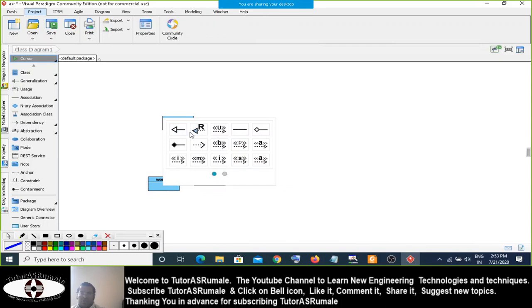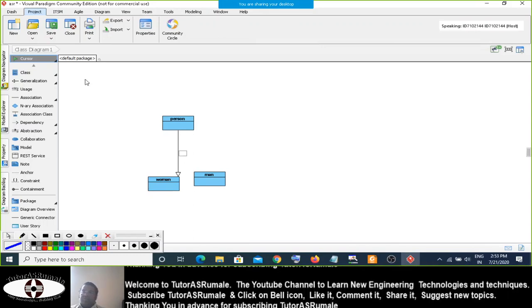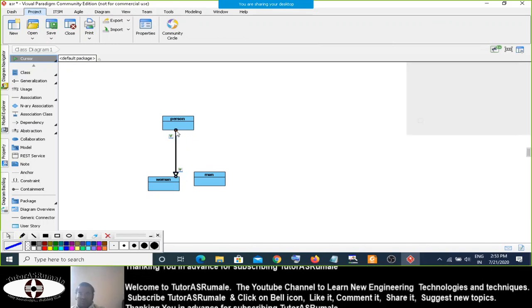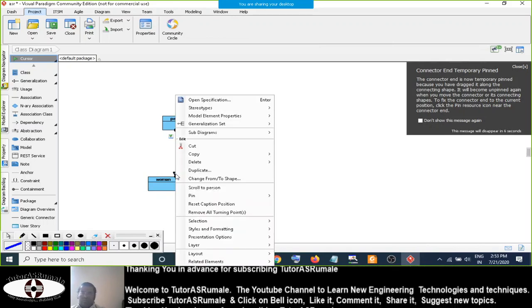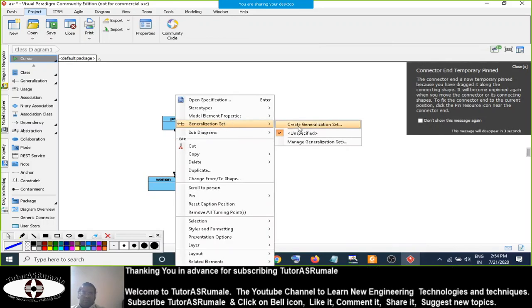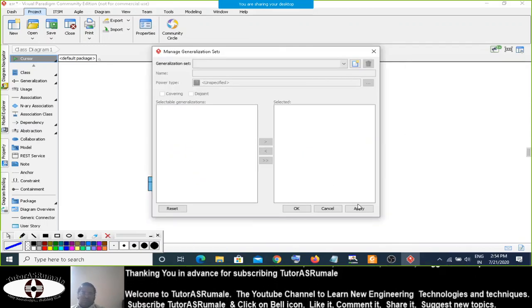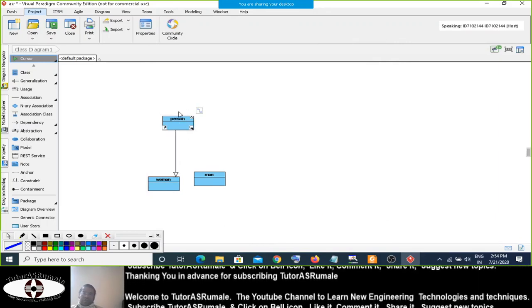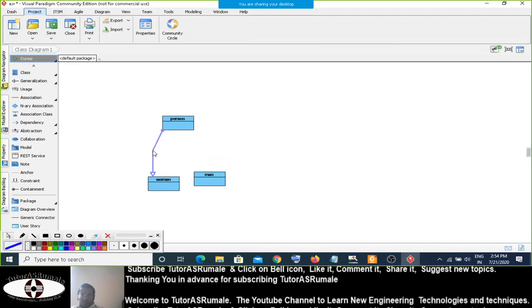It shows association. So here you can say that person inherits the properties. Actually, we need to have this.